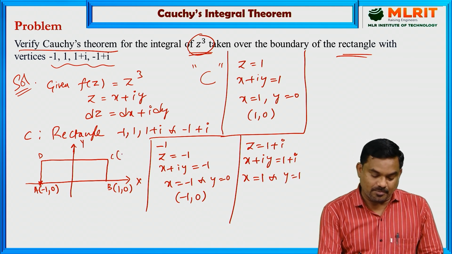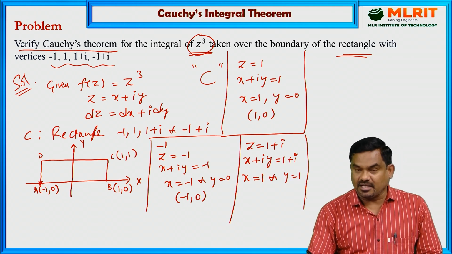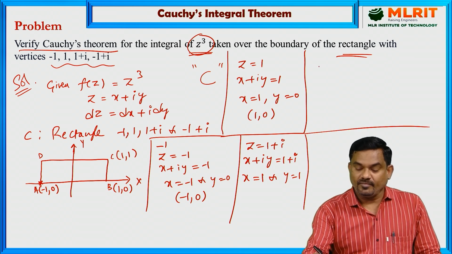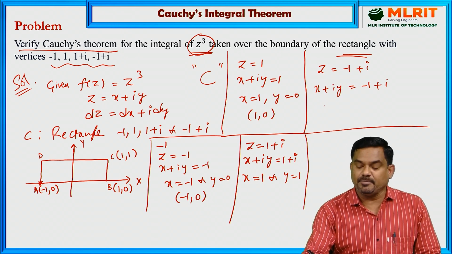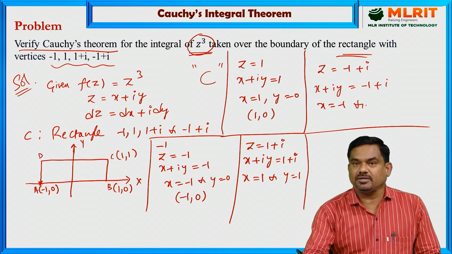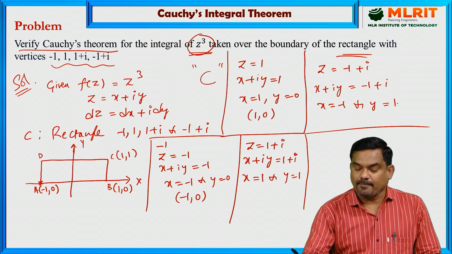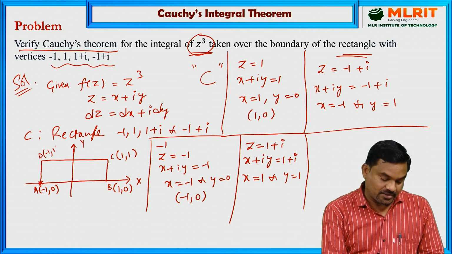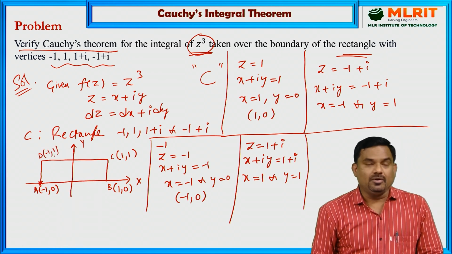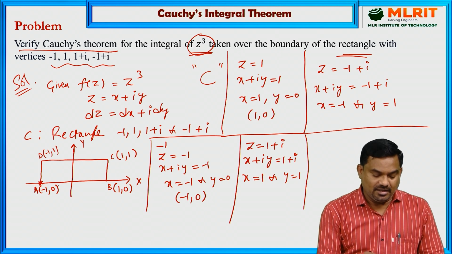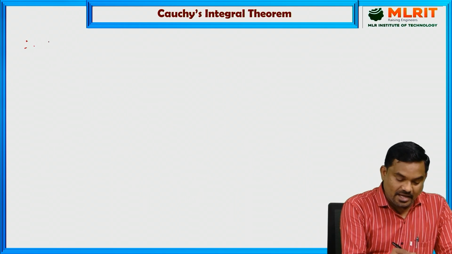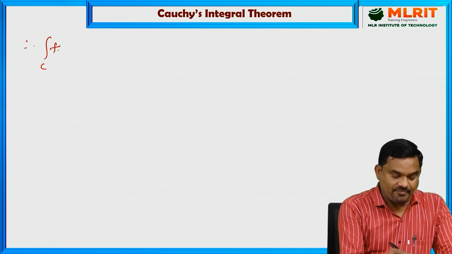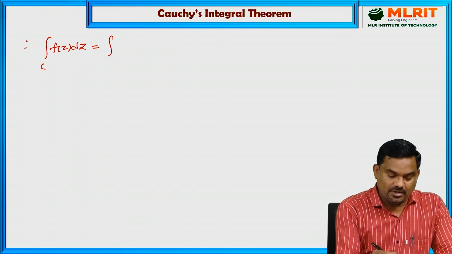So, this is the point C, 1 comma 1, and there is another fourth point z equal to -1 plus i. So, x plus iy is equal to -1 plus i. Again, comparing the real and imaginary parts on both sides, we get x equal to -1 and y equal to 1. So, this is the point -1 comma 1. Now, we have to evaluate the line integral along each side of this rectangle. Therefore, the line integral along C f of z dz is equal to the integral along AB